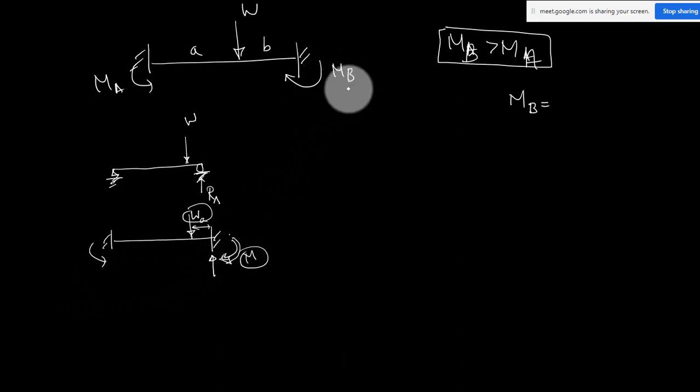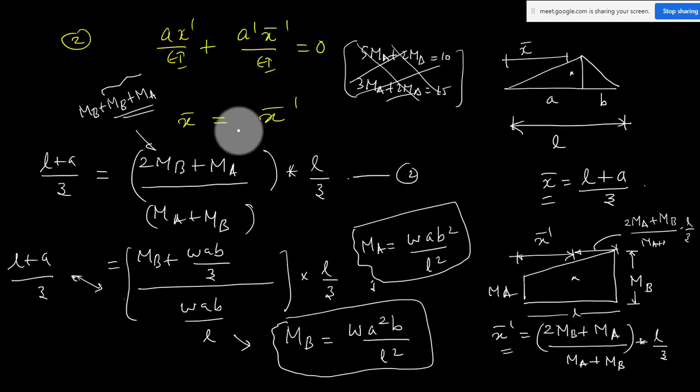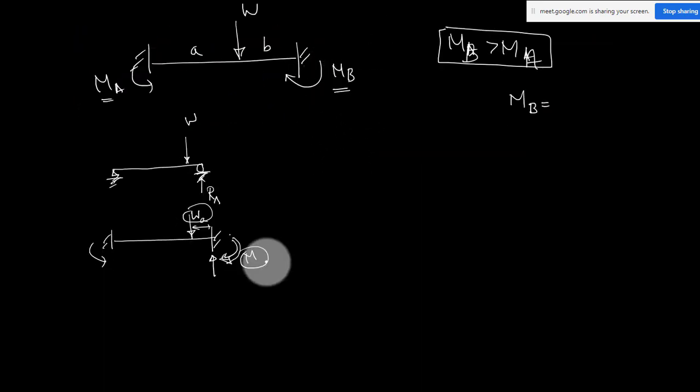That is why you will always get this. We can take a numerical example and you solve it, you will find this value will be more than this value. If you have doubt, you take a numerical value, take some length, you apply some load, you find out this moment Ma and Mb by using the same procedure. So you will find that this value will come more.